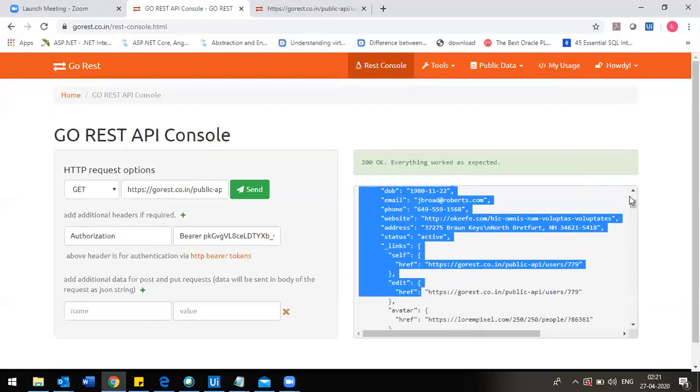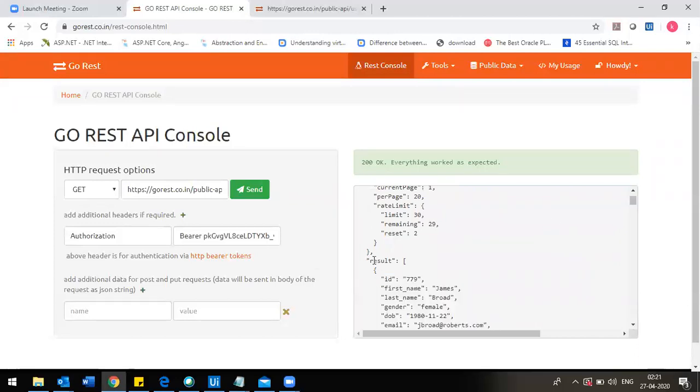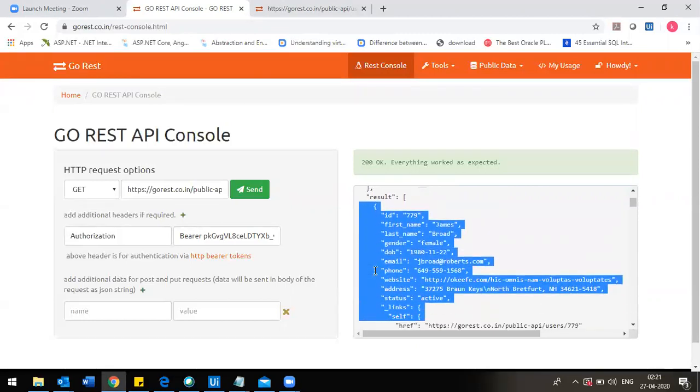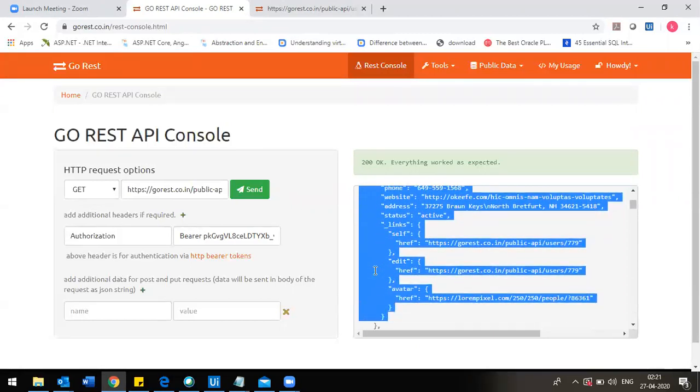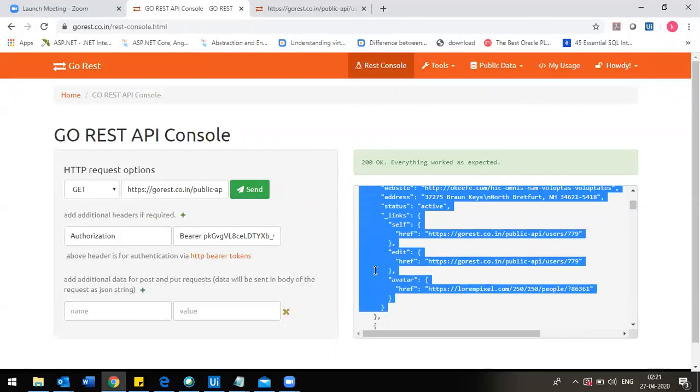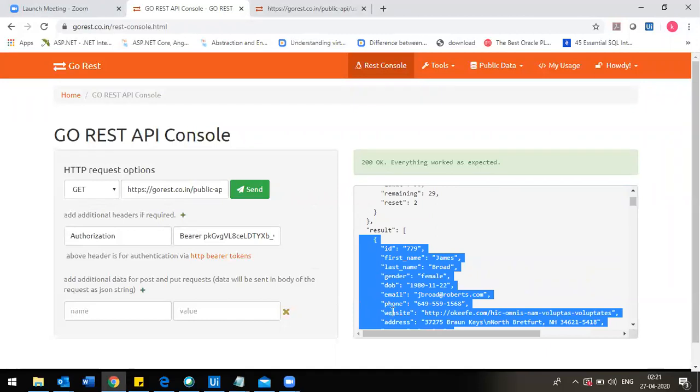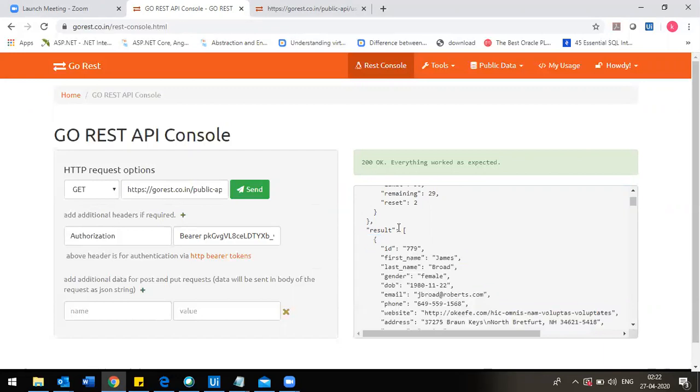From here to here, I'll put the cursor. From here to here, this is one user's information. And if I want to read this part of the information, I want to read it from the parent node.